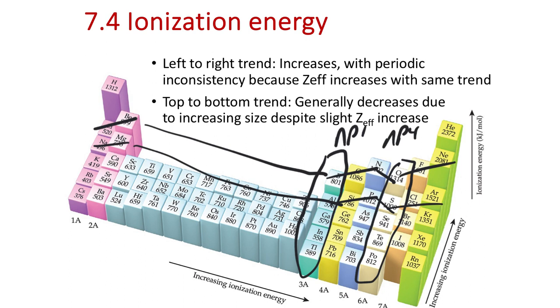If we're thinking from left to right, we get the decrease in size and increase in effective charge, but we have different orbitals being involved. A 2p orbital is generally a little bigger than an s orbital. So the first time we have a p orbital, we're removing an electron from a different type of orbital that's now a little bit bigger, a little bit easier to remove the electron from, and therefore a little bit lower